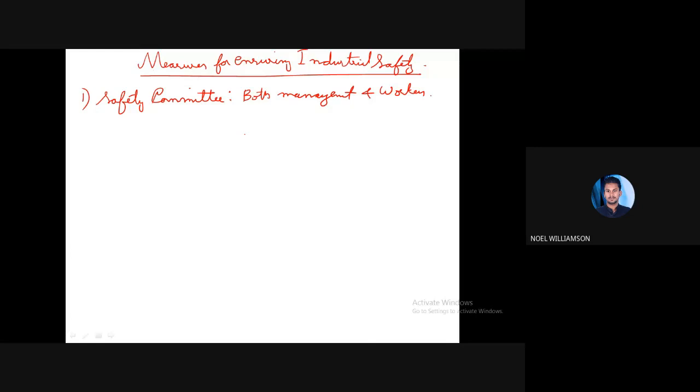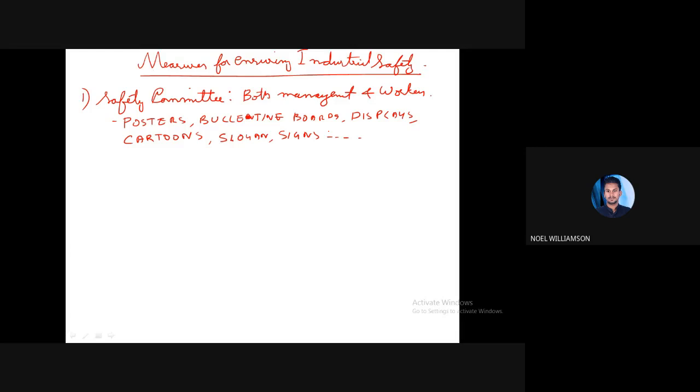It can be done by many things, like posters, bulletin boards, displays, cartoons, slogans, signs, etc. For example, if we go to any industry, we can see "Safety first" written, or "Prevention is better than cure."